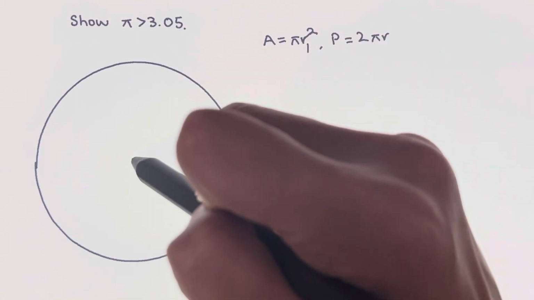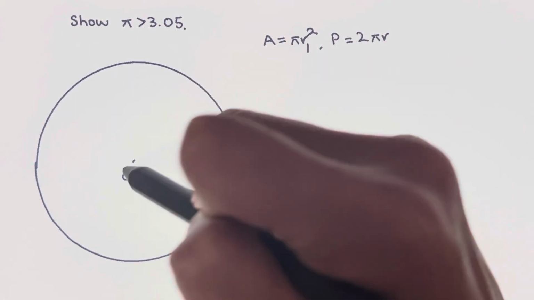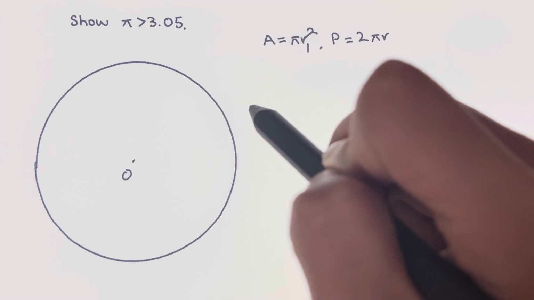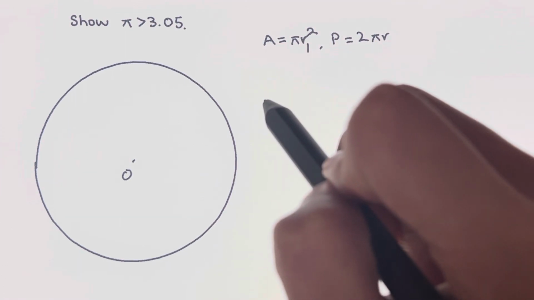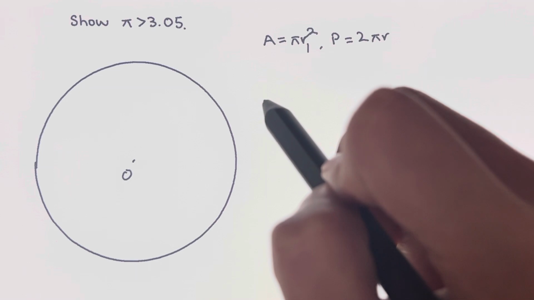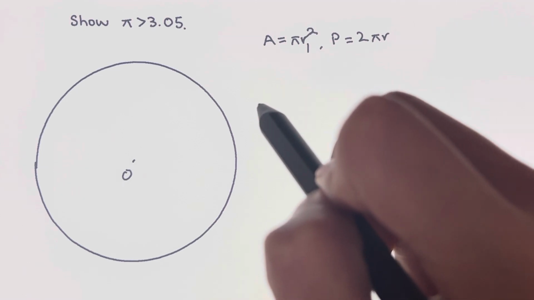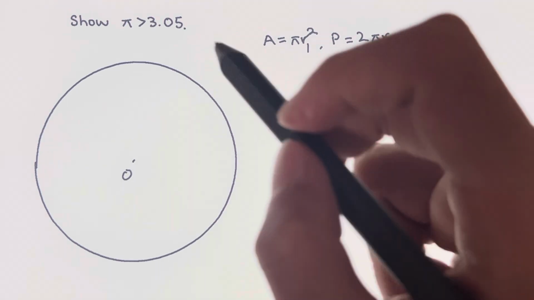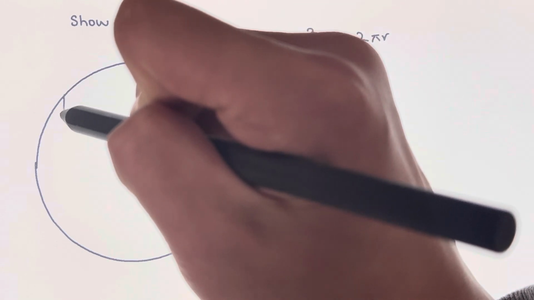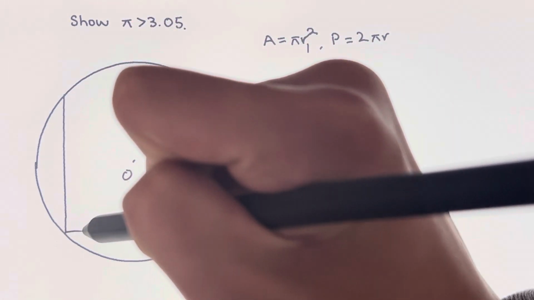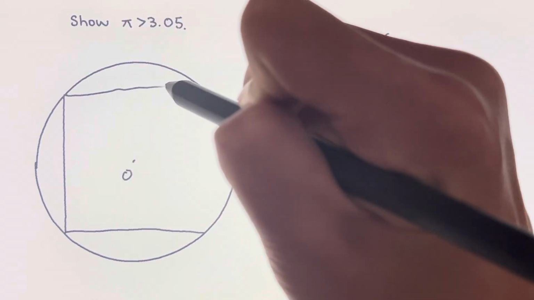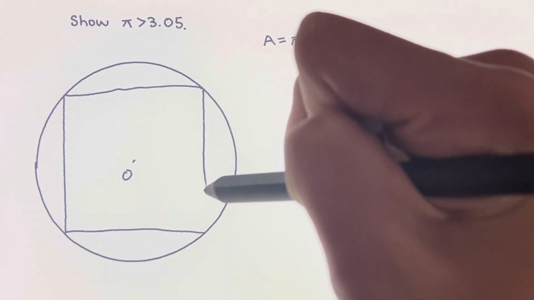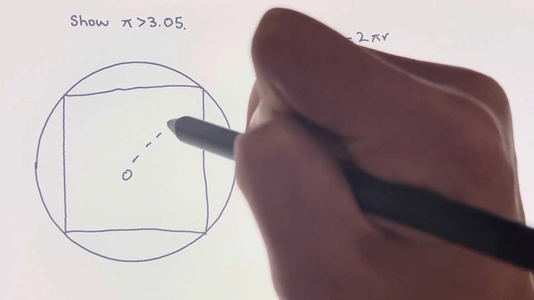Now the question is, what is the value of n here? Because we know that the inscribed polygon will be a regular n-sided polygon. So if you just test a square, well, if you test a square, you'll find out that the area is much too small. Because since we know that the radius of this is going to be 1,